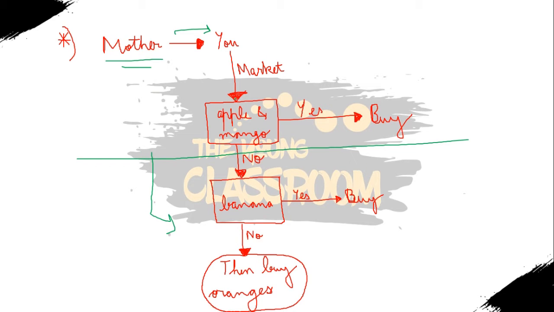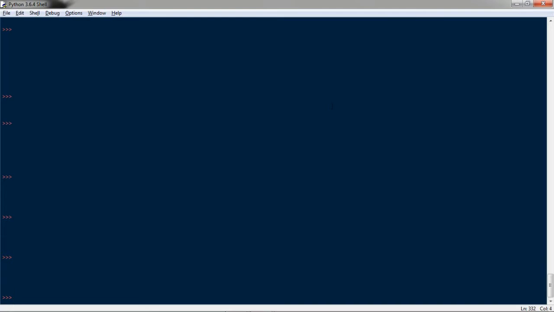So if you need to write it in the form of a program, just for example, suppose you did not want to go to the market, so you built a robot. Now you have to program it like whatever your mother told. You have to tell the robot, you have to do this, do that, okay. So for that, you can write a Python program. I am just giving you the example of a robot, so you can do this kind of work in Python.